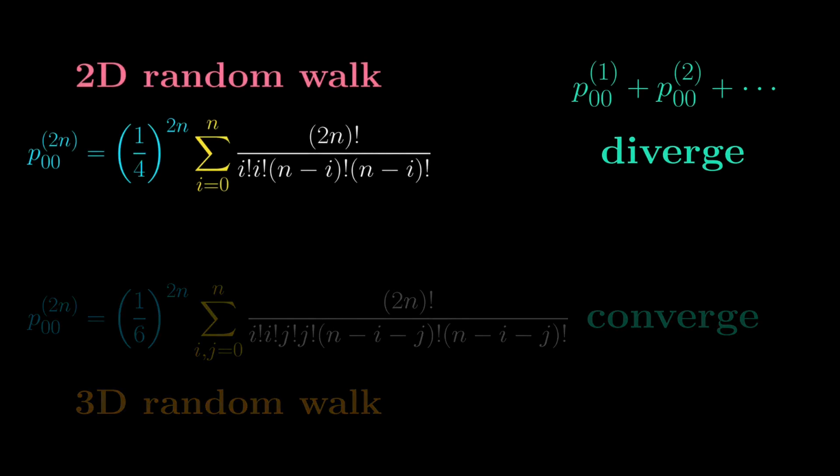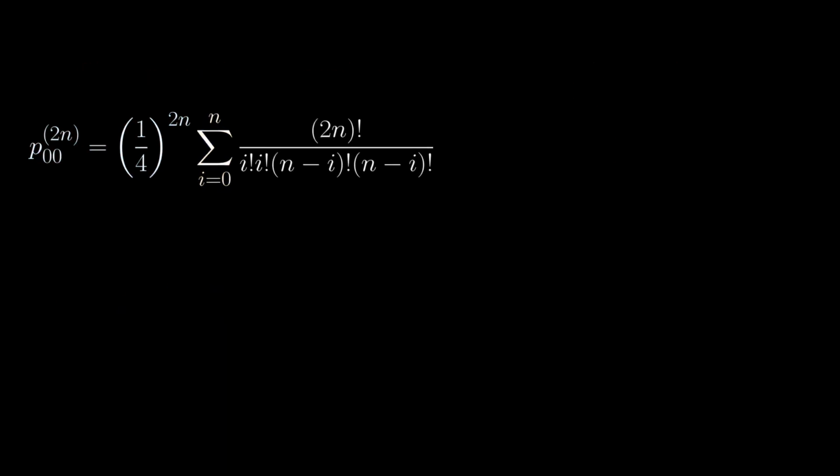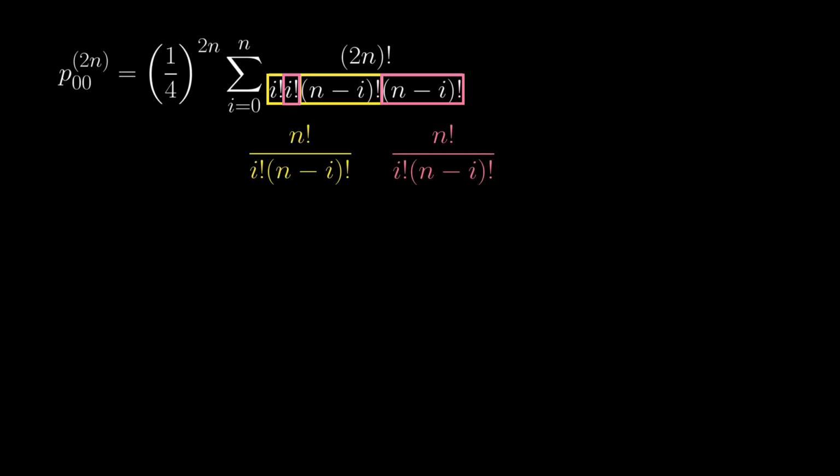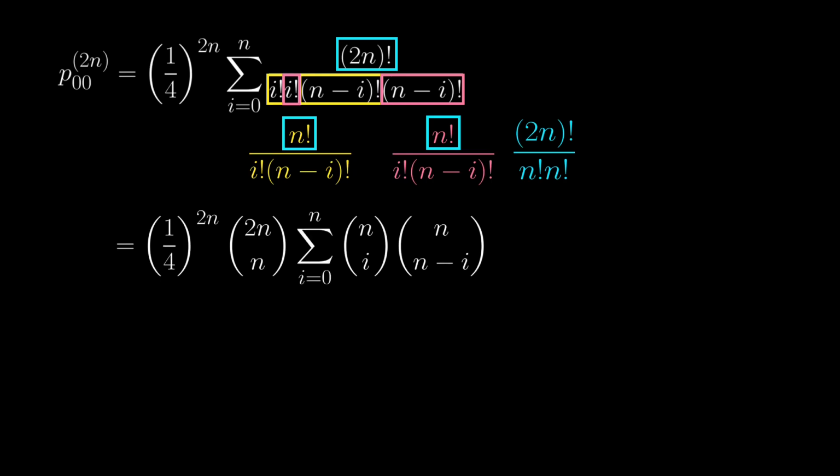Let's first focus on the 2D case, particularly cleaning up the summation in each term of the series. Because of the two sets of i factorial and (n minus i) factorial in the denominator, it might remind you of binomial coefficients. Well, we can do this, just that we need to take in the original (2n) factorial in the numerator and get rid of the extra n factorials we just introduced, i.e., we just lack a factor of 2n choose n. So we can simplify the summation a little bit like so.